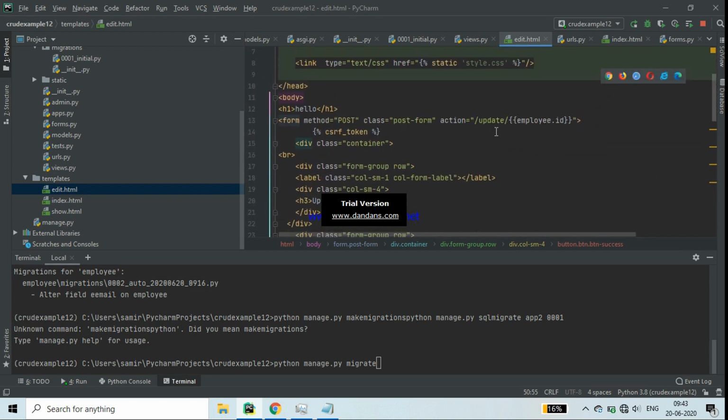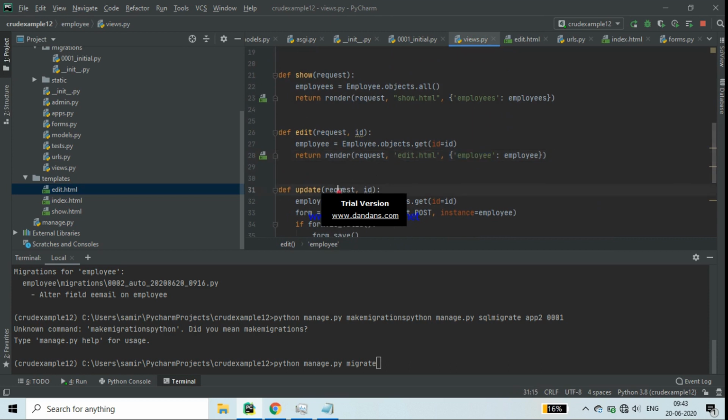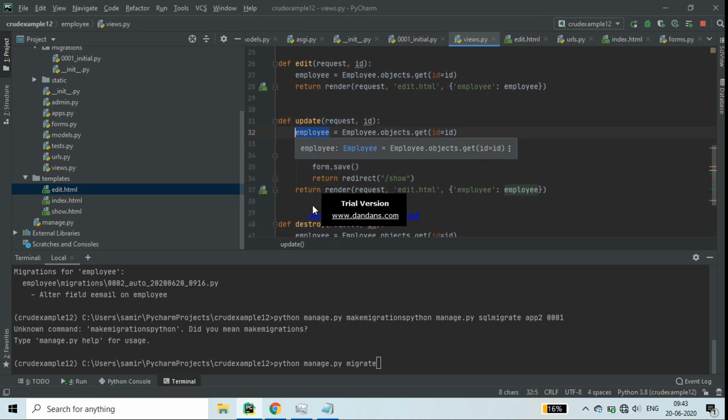in action you see it is going to update, means it will come to this function, the update function with the id. So that id will be taken here as an object and the data of that id will be reflected.